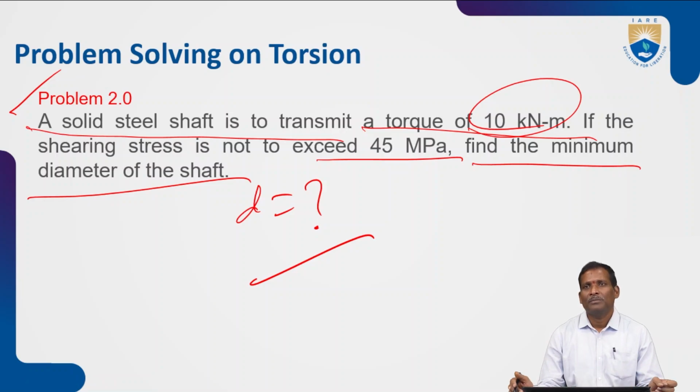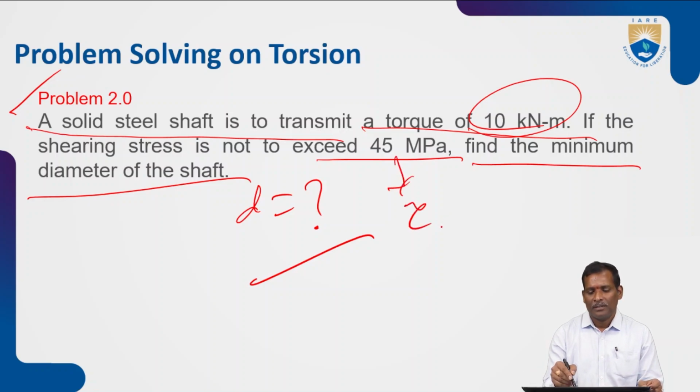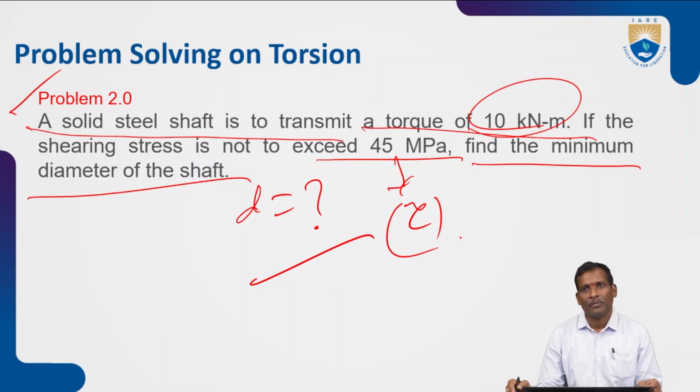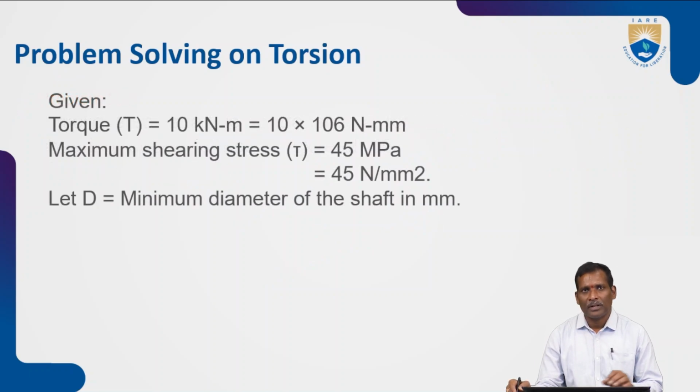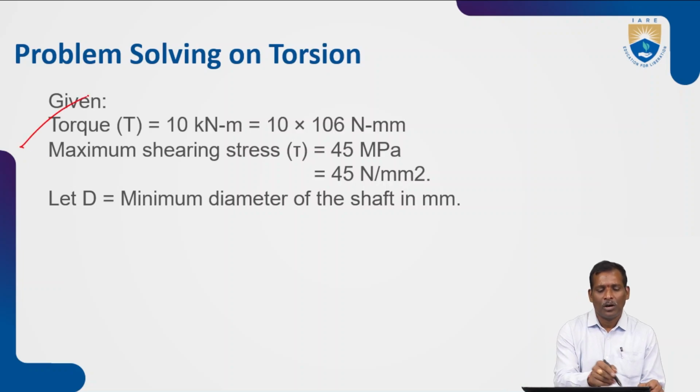But in this problem, the torque is already available and the shear stress is also given. Shear stress is 45 megapascal, so the diameter is asked. For the given data, the torque is 10 kilonewton meter,